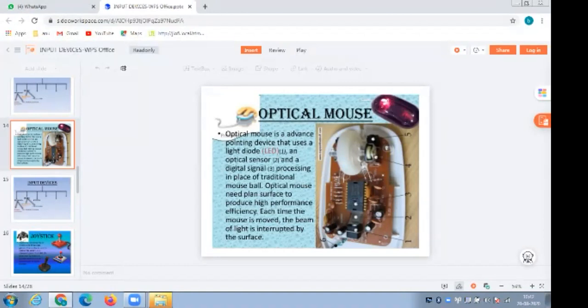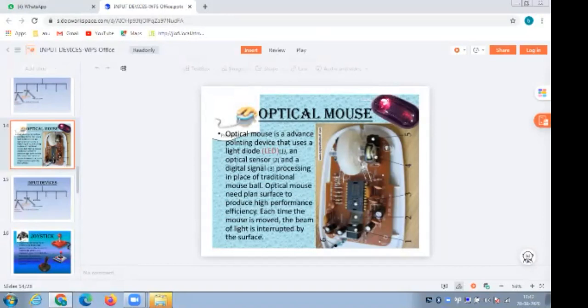The optical mouse is an advanced pointing mouse. Optical means it consists of a lens. In an optical mouse we have a light diode, meaning an LED, an optical sensor, and digital signal processing in place of the traditional mouse ball.